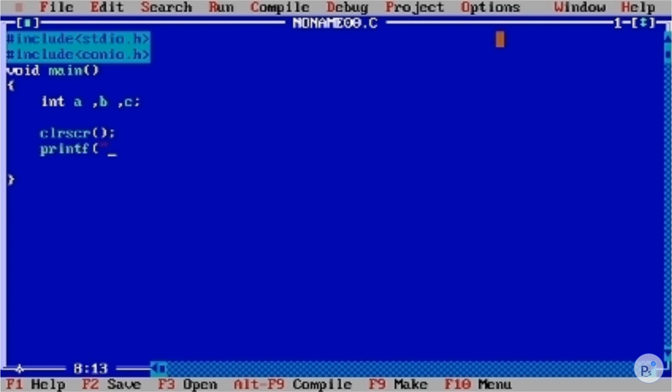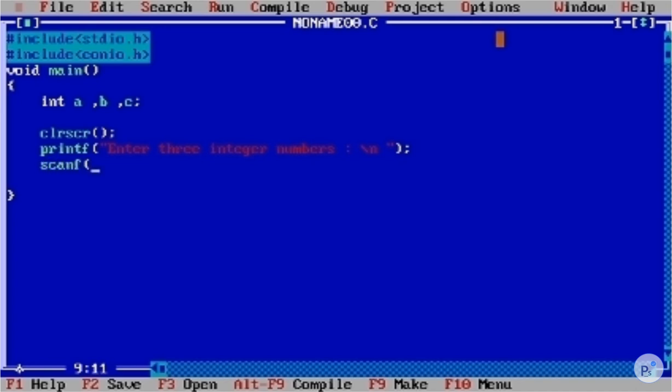We will ask the user to enter three integer numbers. Backslash n is for the new line. Okay, it will go to the next line.